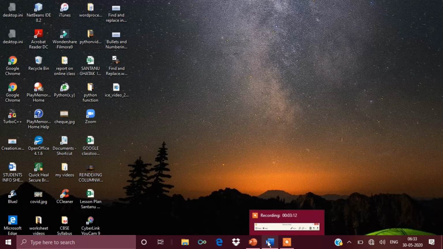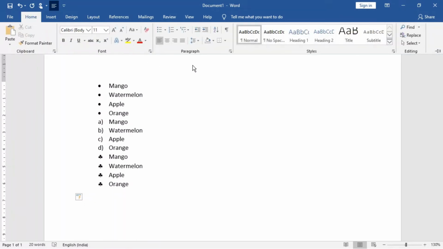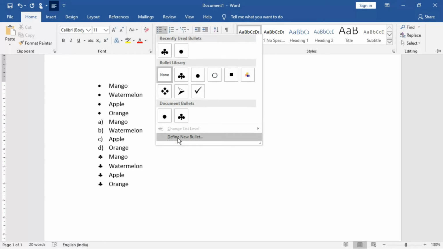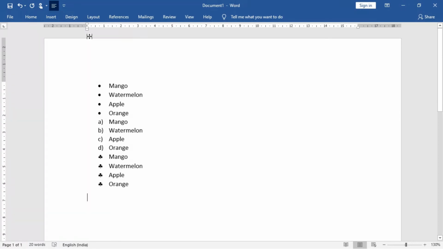Now you see another set of bullets, how to do these things. Again we come to the home tab and this group. You can see this is the numbering bullet and this is the structured bullet. If you want to create a new bullet tab, you have to go to the define new bullet option. You can change its position. You can use the indentation button over here in order to place the bullets in a convenient way. This is the first line indent, and in this way you can set the indent out here.